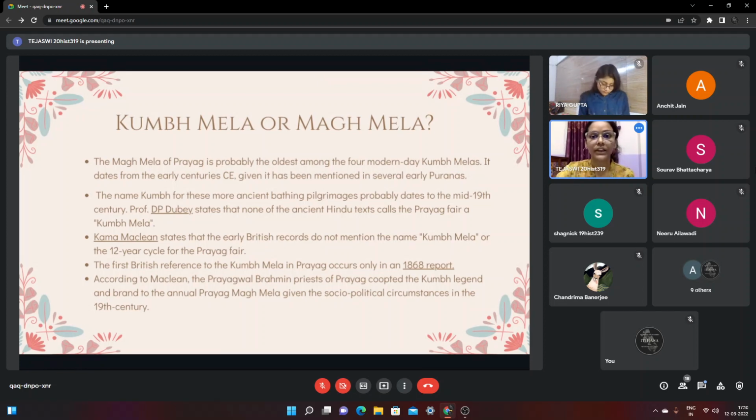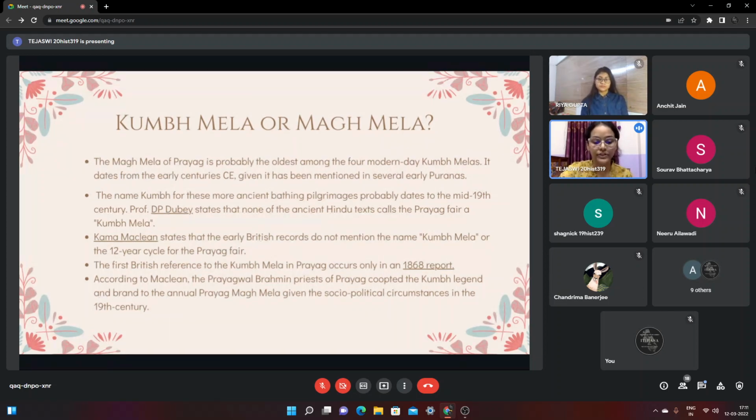Now we distinguish between Kumbh Mela and the Prayag Mela. Magh Mela is probably the oldest among the current brandings of Kumbh Melas, as it dates from early centuries, because it has been mentioned in several early Puranas. According to Professor D.P. Dubey of the University of Allahabad, none of the ancient Hindu texts calls the Prayag fair a Kumbh Mela. And the first British reference to the Kumbh Mela in Prayag only occurs in 1868 in a report which mentions